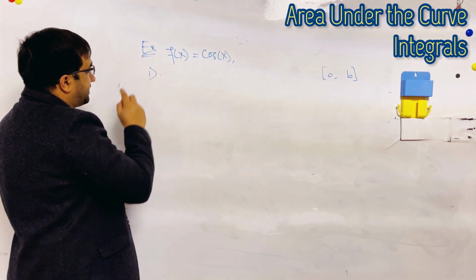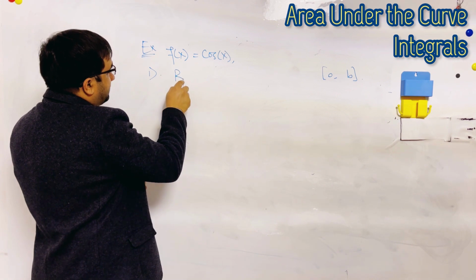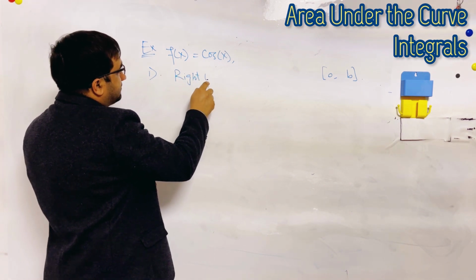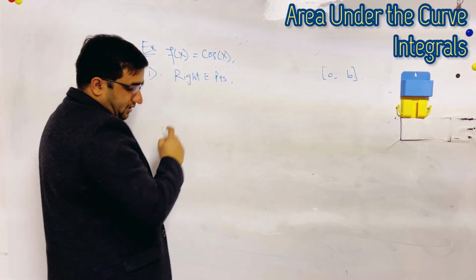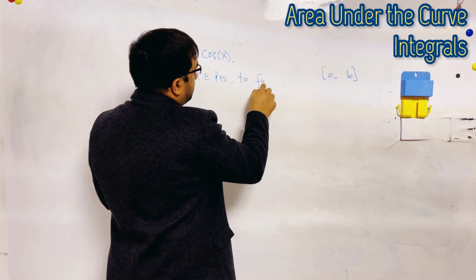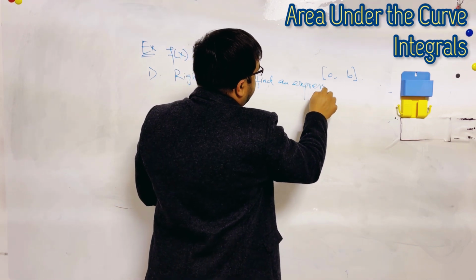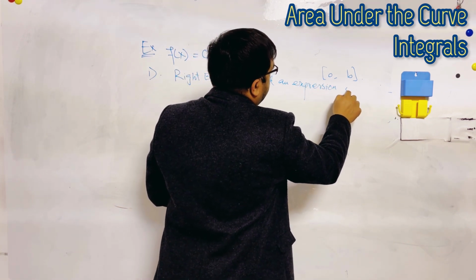Part 1 of the question is: use right endpoints to find an expression in the form of a limit for the area